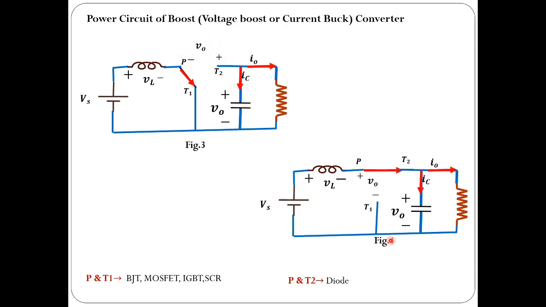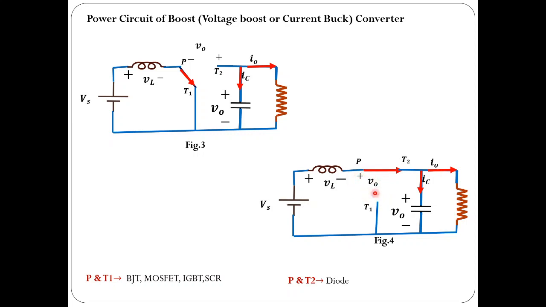Similarly, from figure 3, you can see that whenever the pole is connected to throw 2, that is to the load, the current through the inductor should flow through this pole and T2 combination, between these two terminals in this direction. And what about pole and T1? Between these two terminals the voltage should be this way, so it should block V0.